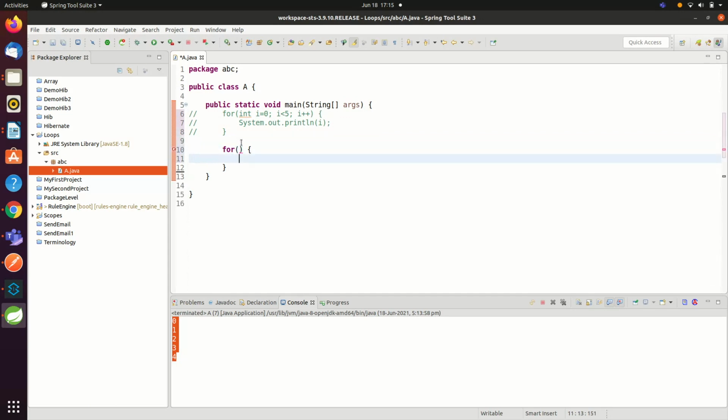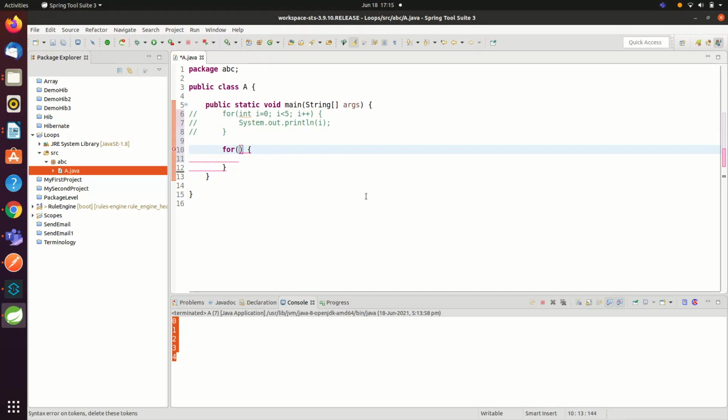Now inside the for loop I will give int i equal to 0. Now what we have planned, guys, is to take the example of printing only even numbers in the console. So let's initialize the i value by 0, int i equal to 0. Let's give a condition, i is less than 10.